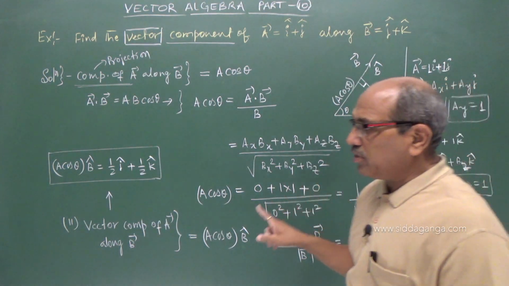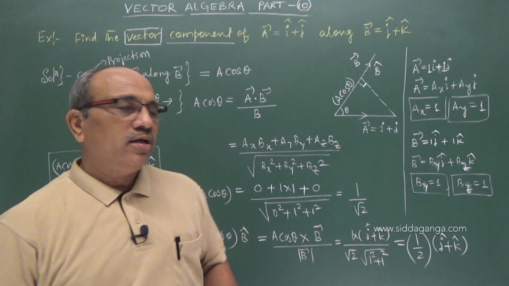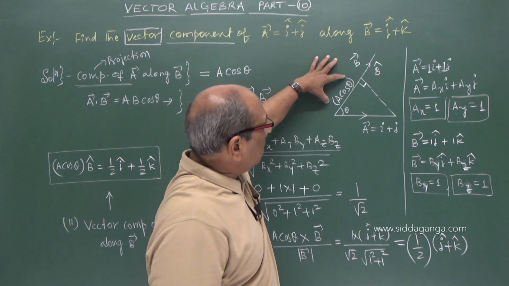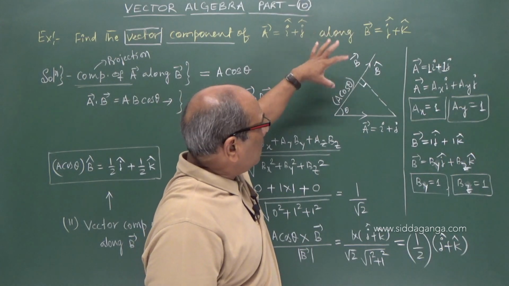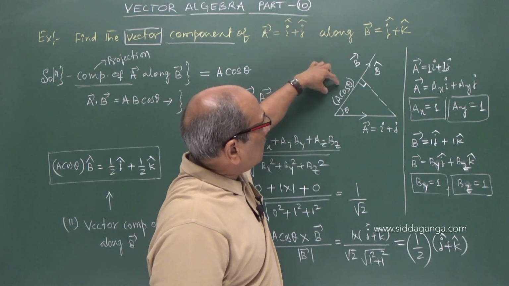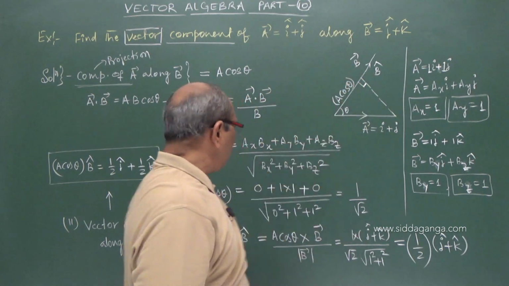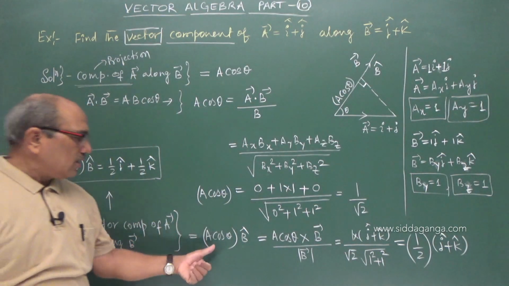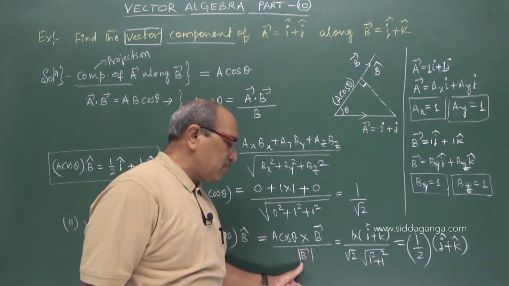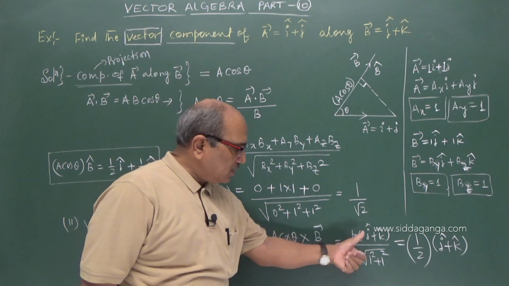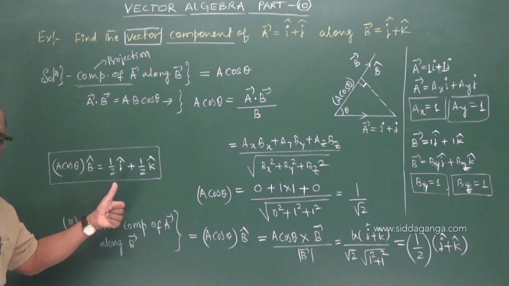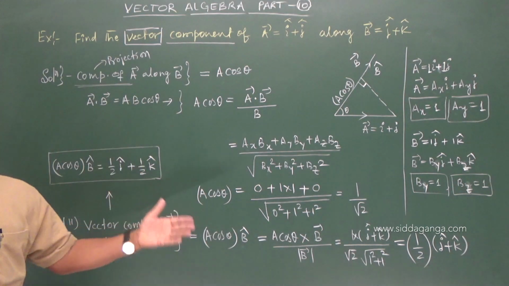But for the vector component of A along B, the magnitude of A along B is obtained first. If you want the vector component, you need the magnitude and direction of vector A along this direction; the magnitude has to follow the direction of B. Therefore, we took A cos theta into B cap, where B cap is vector B by its magnitude. That gives the answer we wrote here. I hope you followed. So have a glance. Let's go to the next question.